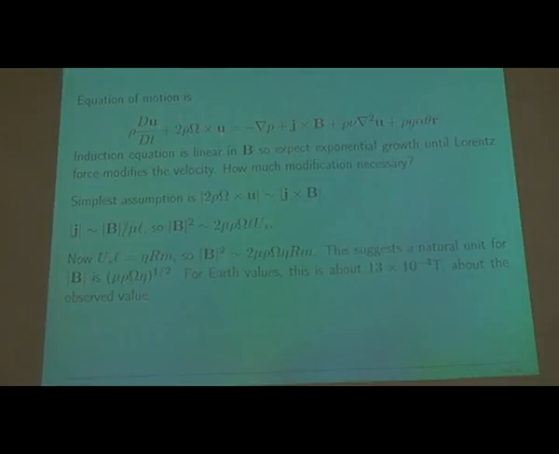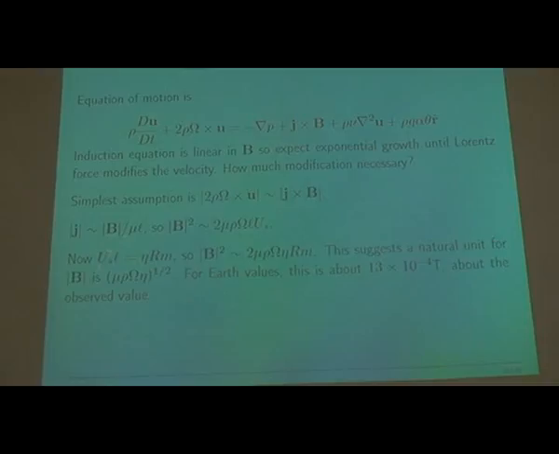But let's make the simplest assumption of balancing Coriolis against Lorentz. Then we can write the current in a very crude way as the magnetic field over a length. So that ends up with B squared being estimated at 2 mu, where mu is the permeability of free space, rho is the density, omega is the rotation rate, L is a typical length scale, which we take as the size of the core. And U star is the typical velocity, which is the thing we got from